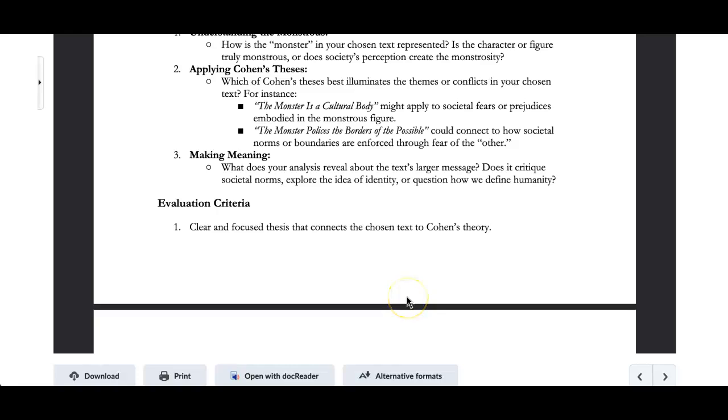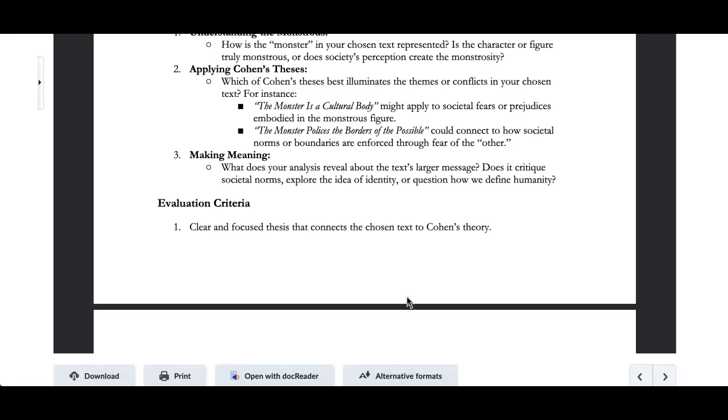Making meaning. What does your analysis reveal about the text's larger message? And I could say messages, right? One of our wonderful professors, Julie, excuse me, I'm taking her Shakespeare class now. She said the other day that literature rewards rereading. And I just love that. I can't put it away. But basically, you're never going to absolutely exhaust the potential of a text reading.